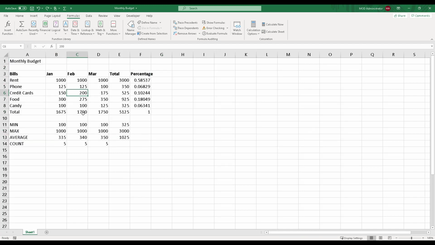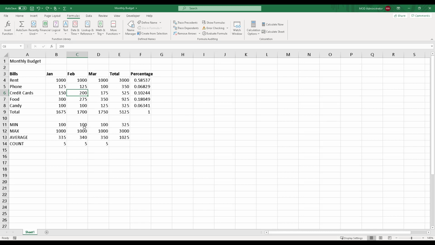Now you can also move a single cell or a couple of cells that you select. The concept is the same. I can select the cell and move it to a desired location. Let me just press Control Z to undo changes. So this is how you move your content.